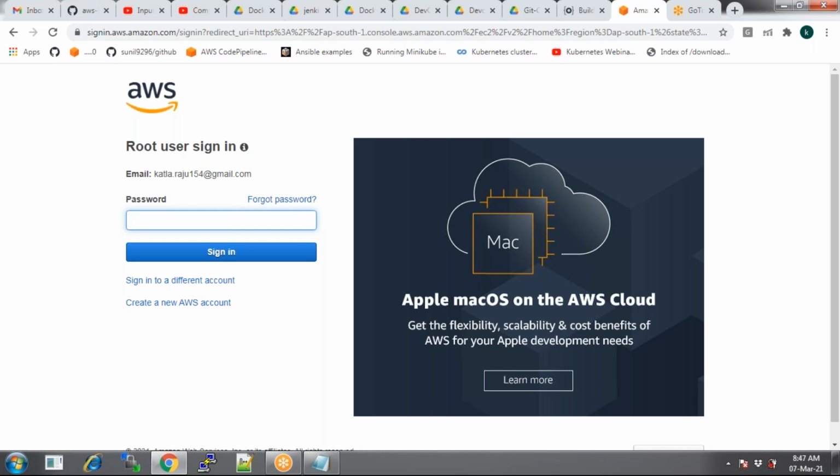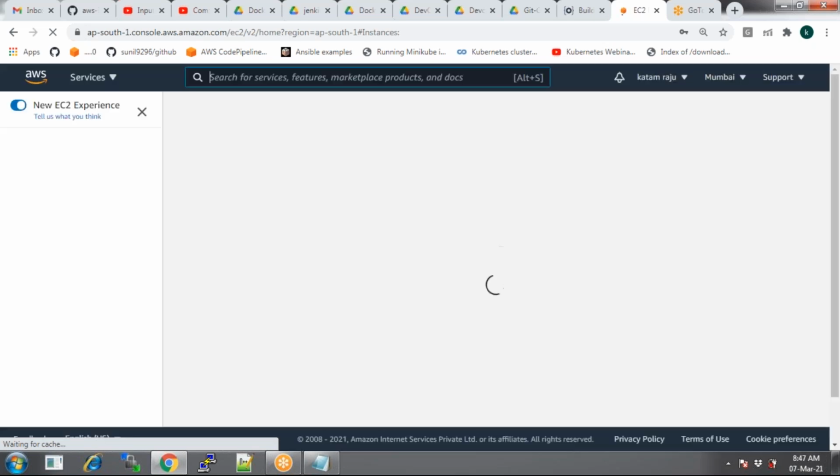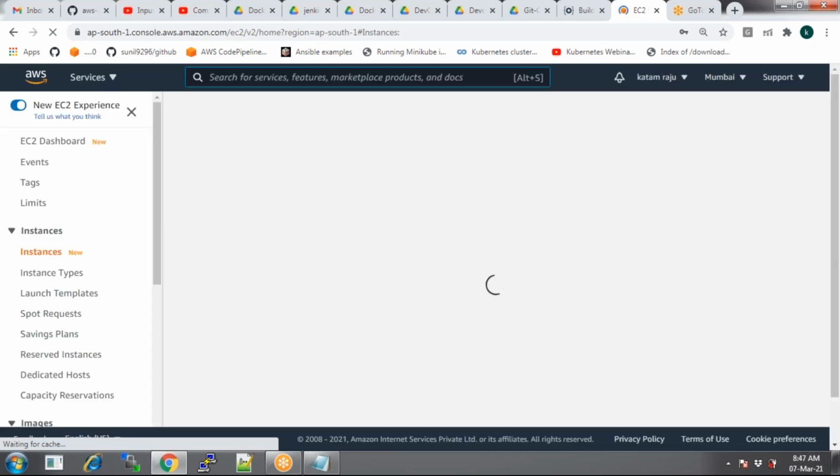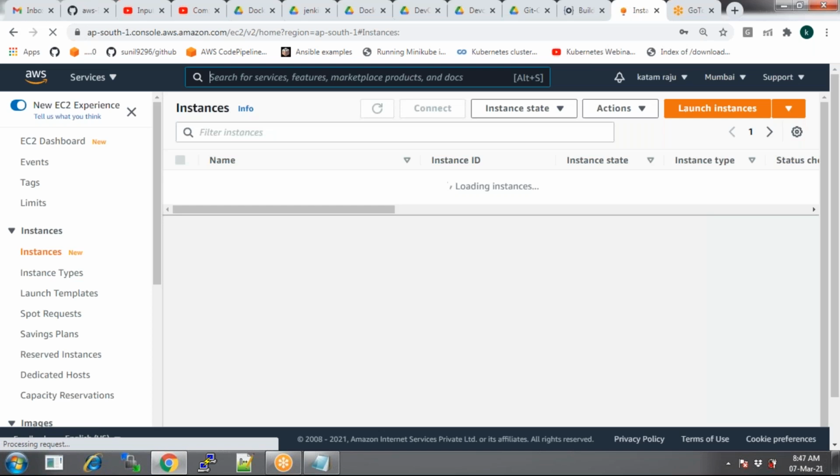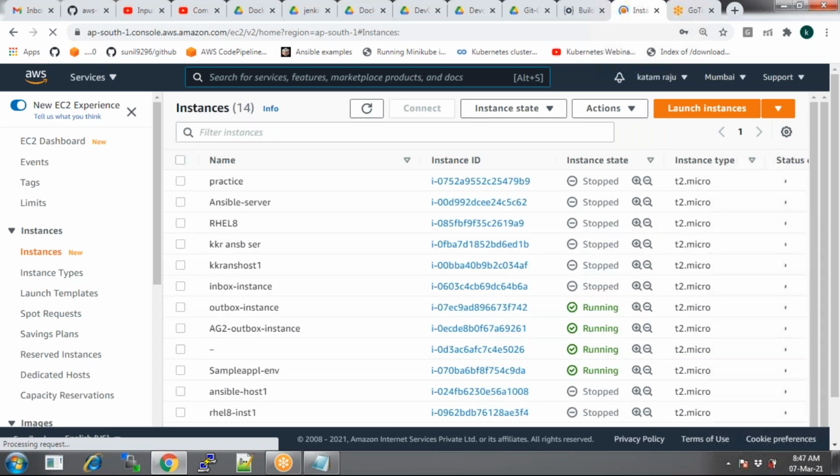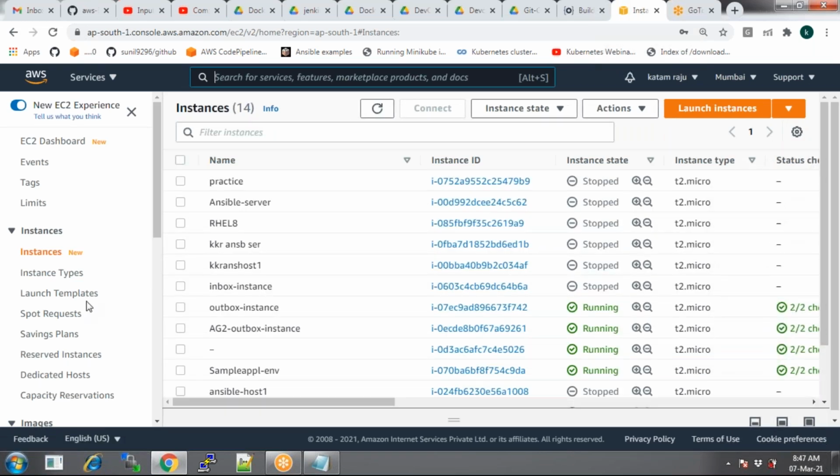Did you copy that image to the other accounts? How do you do that? Go to the AMI, other ID, copy image, not copy. Select change permission something. What was that option? Modify permission, right? In the modify permission, you mention the account ID. Try that.